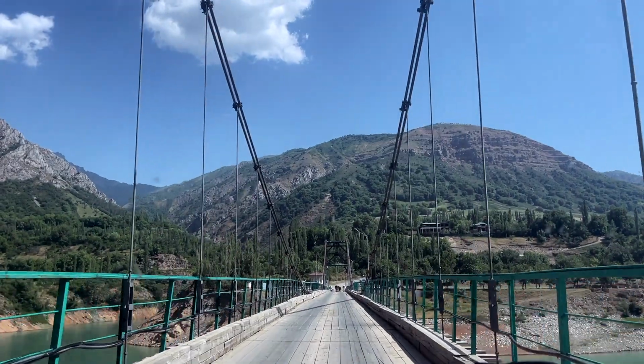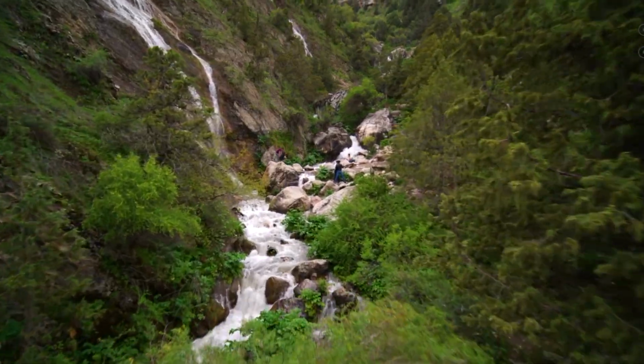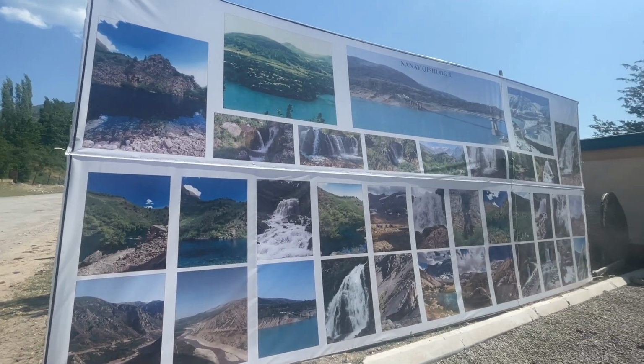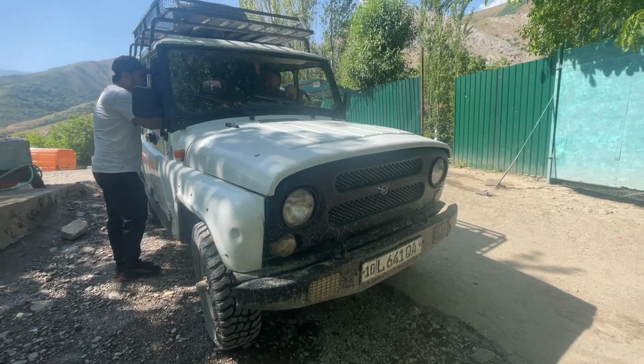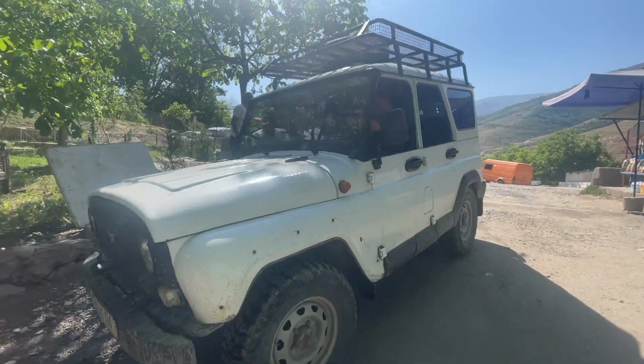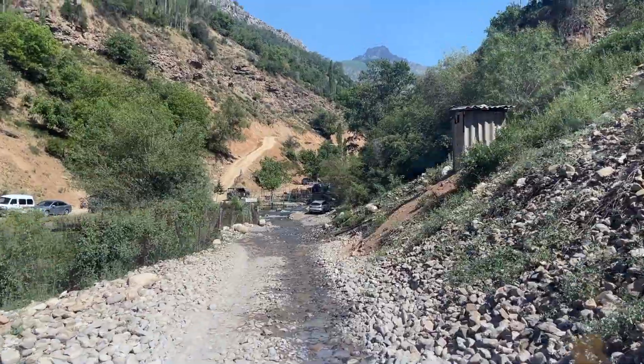Now off to exploring a very different part of Tashkent region. This is not in Viator, this is not there on any tours. This is purely off-beaten, hidden gem, you may call it. We have to switch cars to go to this place. There's a waterfall that we are riding to with this amazing bunch of people. They are locals, they are family, and we're going in this car. We have to cross a few rivers or streams,